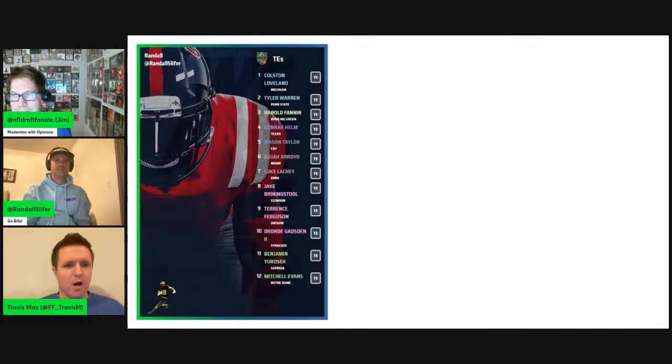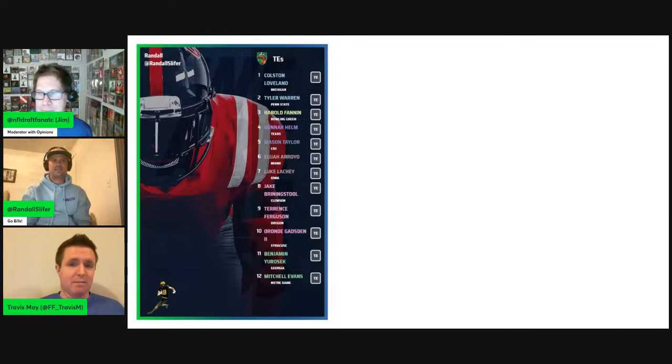I'm a little bit lower on Helm. I like him as a really balanced prospect. I think I have him at tight end 8, but I have Mason Taylor. I'm really glad you like Mason Taylor and Luke Lachey. I have Mason Taylor as 4 and Lachey's 5. Mainly because obviously the only reason is because Luke Lachey was a basketball player, so he's obviously automatically going to be good at tight end. No, he had trouble staying healthy at times, but when he was healthy, he was dominant, and everyone knew it. He was a leader. Even when older players were there alongside him, he was the leader for that team. And so I think he's going to kill the interview process. He's going to kill the pre-draft. And so I really am pumped to see where he goes.